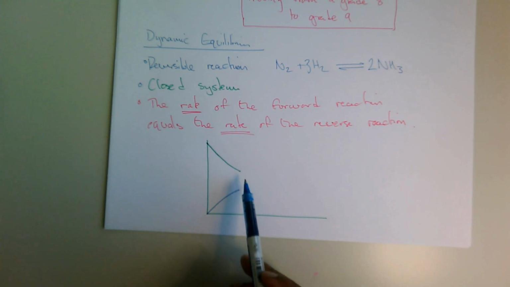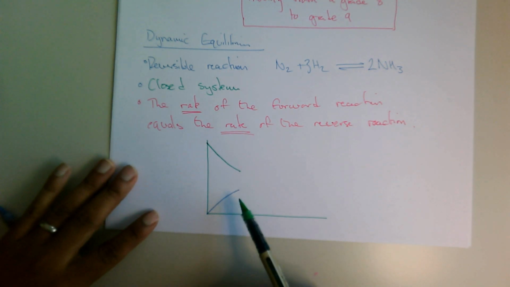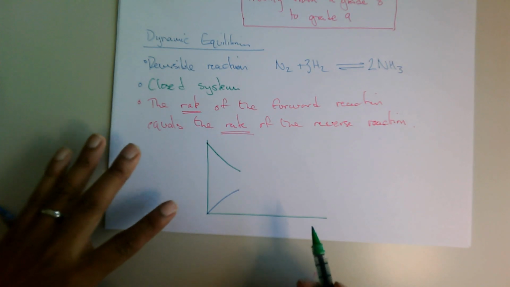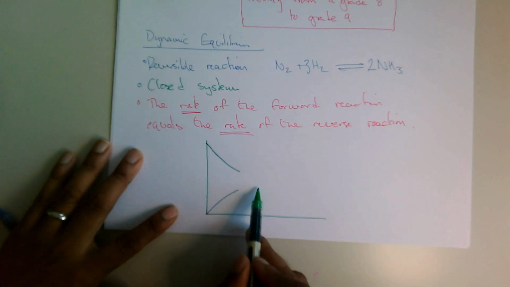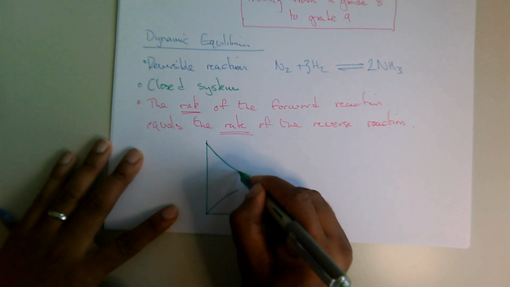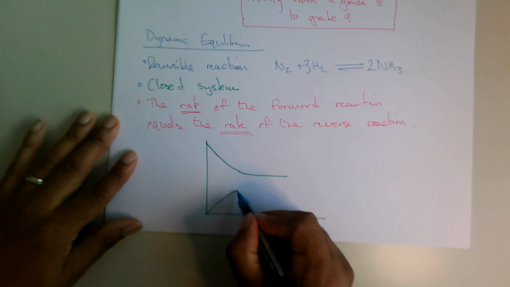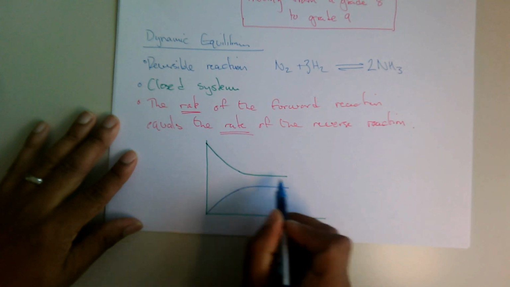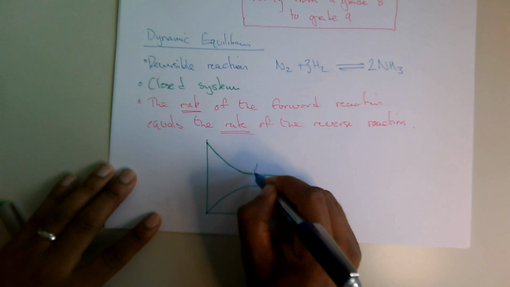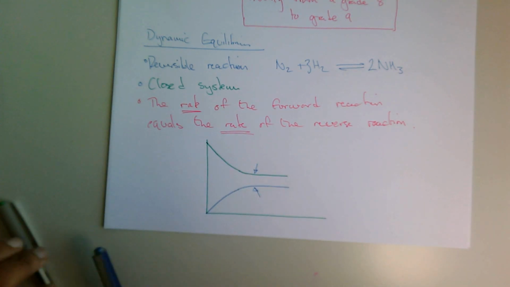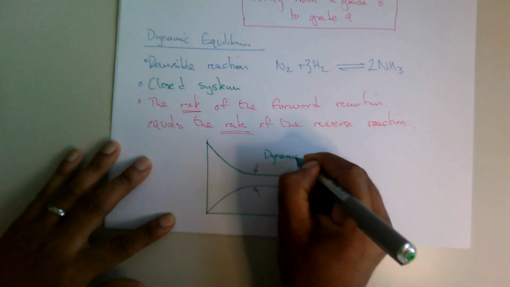Now because it's a reversible reaction, some of the product will start to break down and reform the reactant, and therefore the concentration of the reactant will not continue going down, it will start to level off, and the same will happen with the products. Now they don't have to be touching, but the point of dynamic equilibrium is this. This is the point at which dynamic equilibrium has been reached,